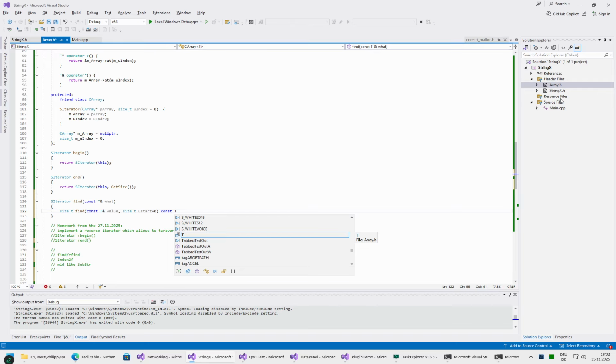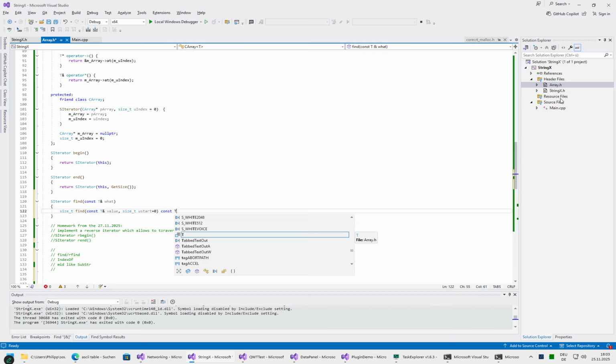We want to return an iterator. So what you need to do is, inside the function which already has been defined in line 120, create a loop that loops from 0 to size, and then compares inside the loop's body the value of our array at the position of the iterator I of your loop variable to the